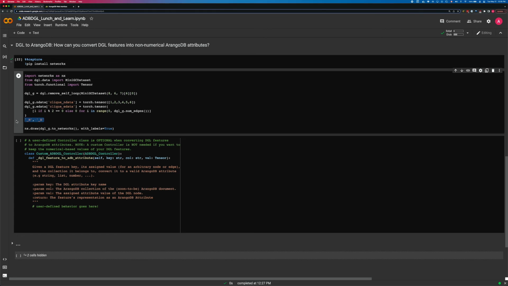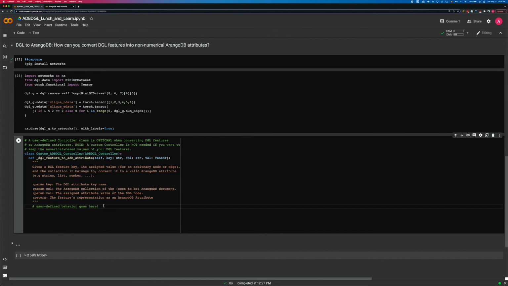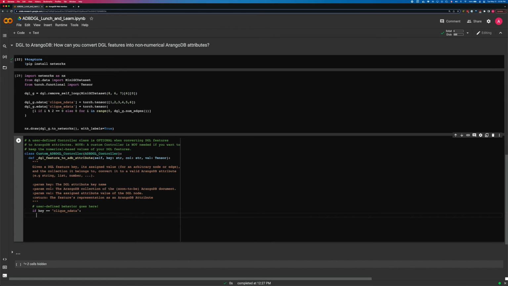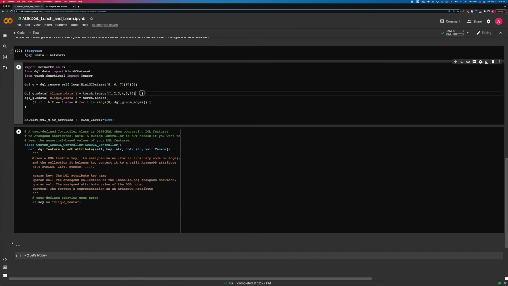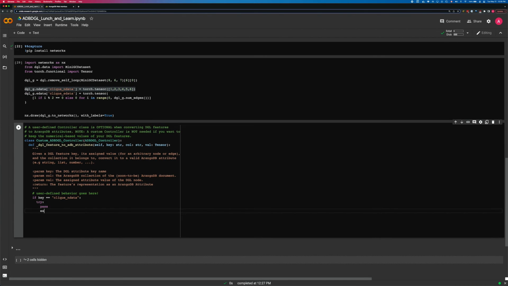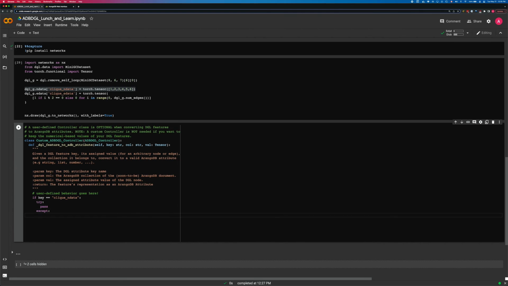Recall the previous snippets that we've shown above. This means that I don't have to do a collection check because essentially there is only one collection for nodes and one collection for edges. So I can go ahead and check the attribute name straight away. So I want to, let's say, convert the click ndata into string-based values. I can start by playing it safe and wrapping my logic around a try except.